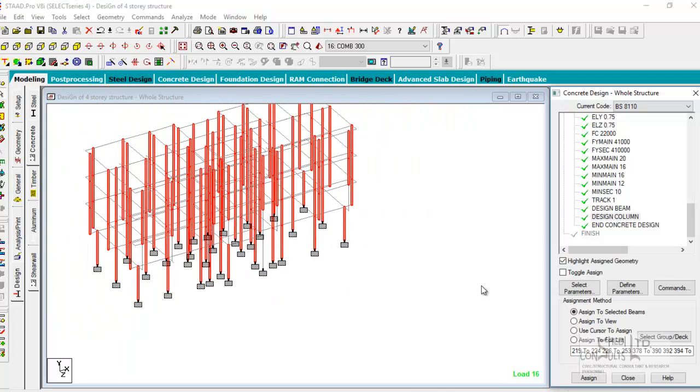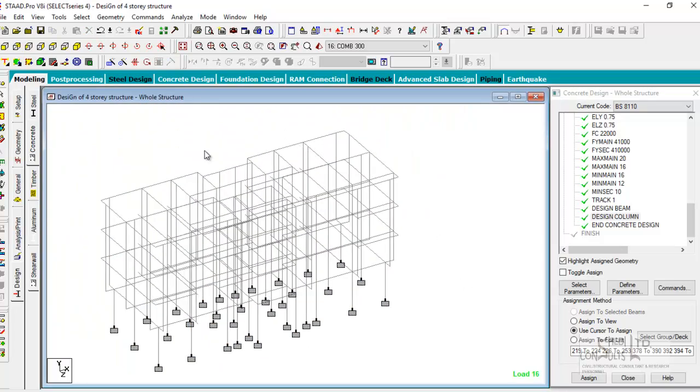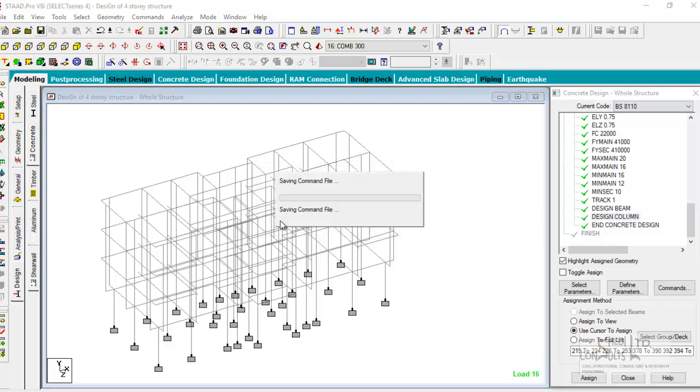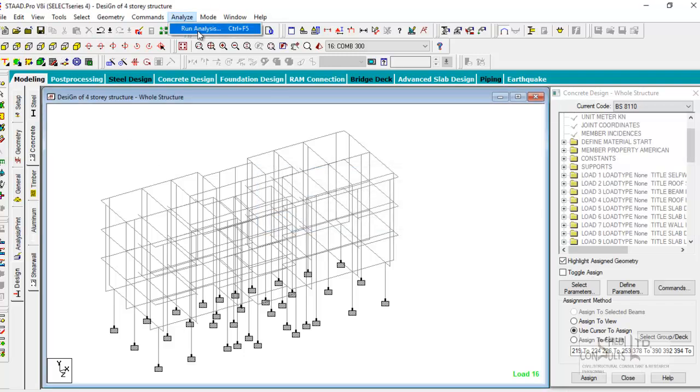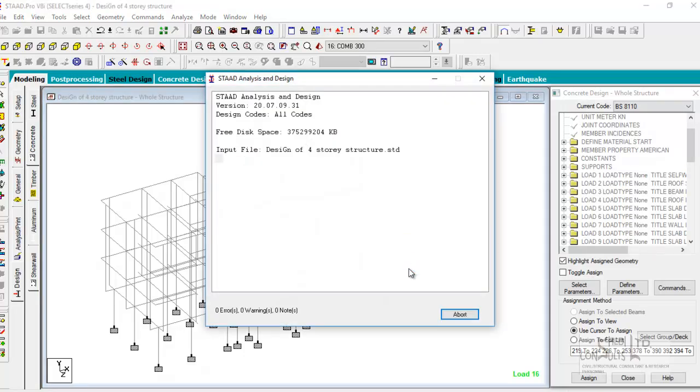Wow, okay, I think we are all right. As soon as you're through, save your file, then run analysis. Analyze, run analysis. So in engineering design, we use STAAD, or any software, be it ETABS, Proton, whatsoever, there may always